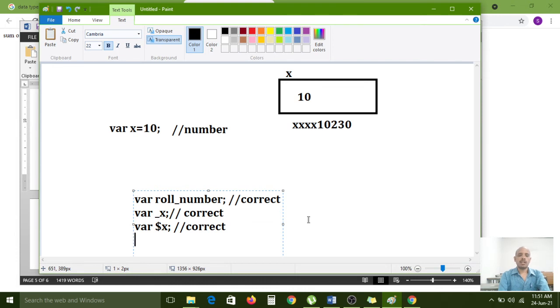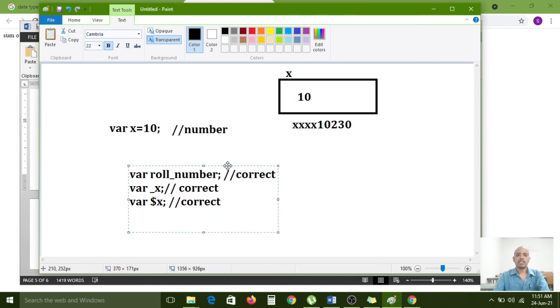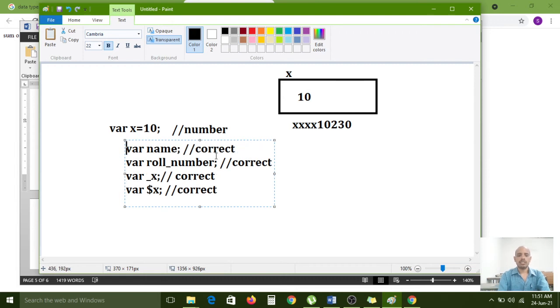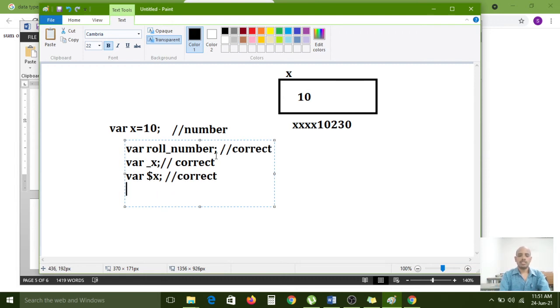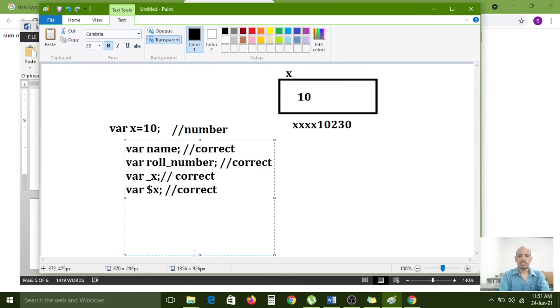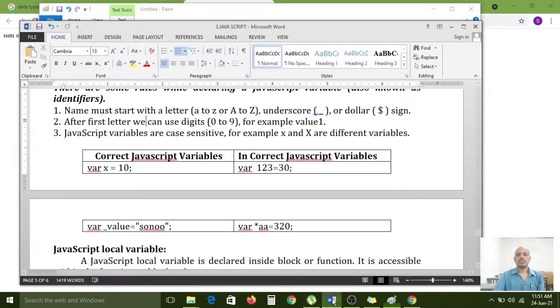But you cannot start with digits. For example, 123x is incorrect, because you cannot start a variable with a number.